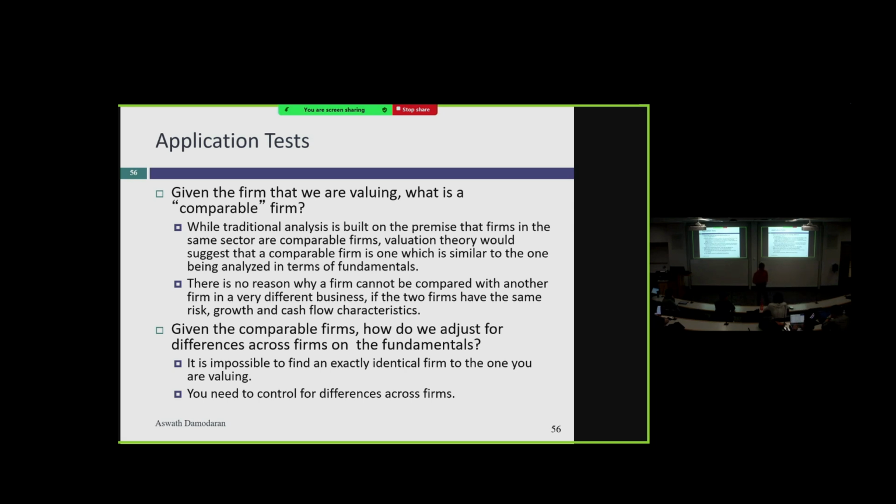Gandhar, you want to try? What does a comparable firm have to have? Not sure. Comparable size, industry. Ultimately, I want things that affect my intrinsic value, right? What affects my intrinsic value? Cash flows, growth, and risk. So in an intrinsic value world, what's comparable to my firm are other companies with similar cash flows, similar growth,